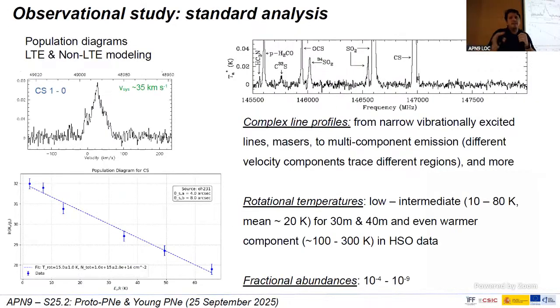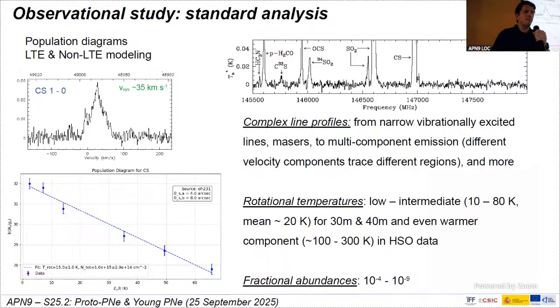So we did a very standard analysis of the source, like fitting the lines and analyzing the molecular emission from the velocity components in the spectra. Since we have a very broad coverage in the spectral range, we were able to detect many lines covering a huge range in energy for different lines of different species. So we were able to carry out population diagrams, like the one seen here for carbon sulfide, and also LTE and non-LTE modeling to extract some of the most important parameters of the envelope. I won't go very much into detail of the rotational temperatures and so on, but the chemistry,